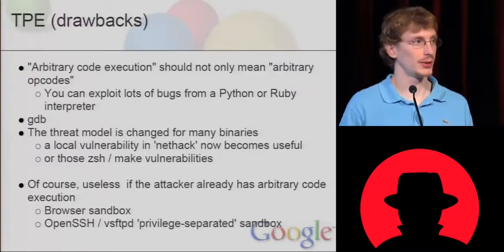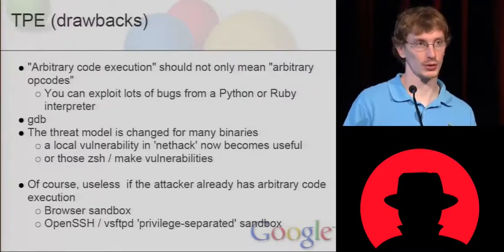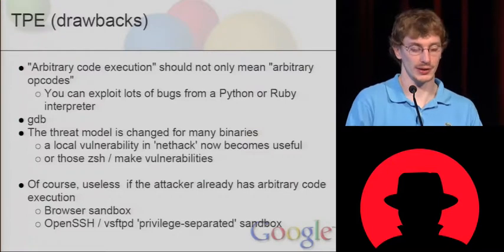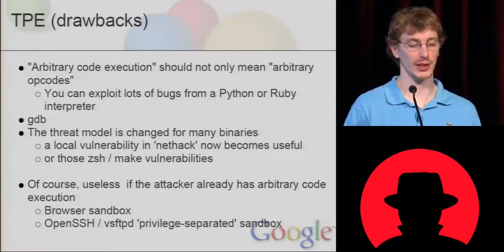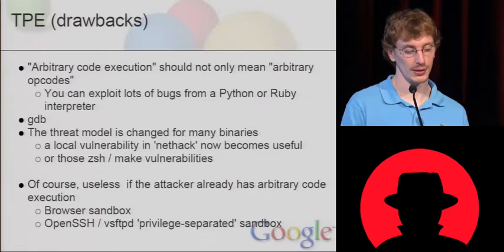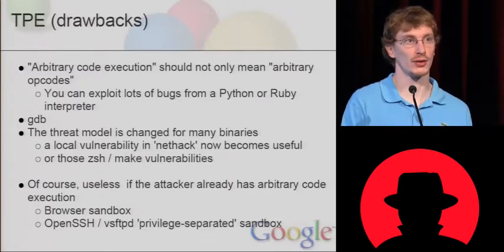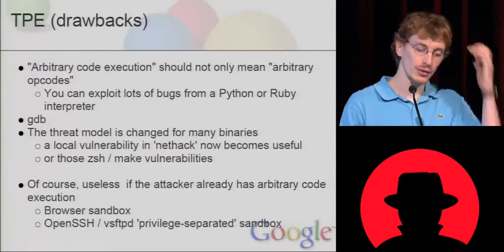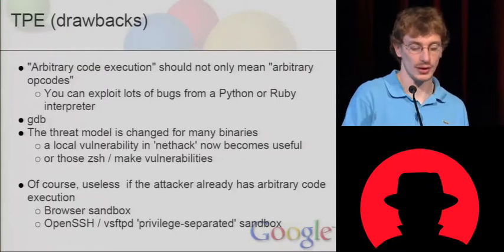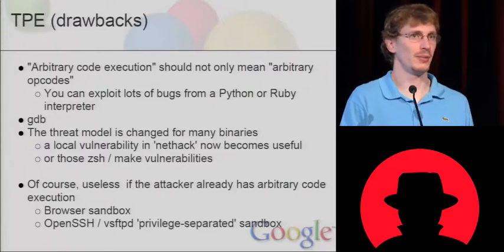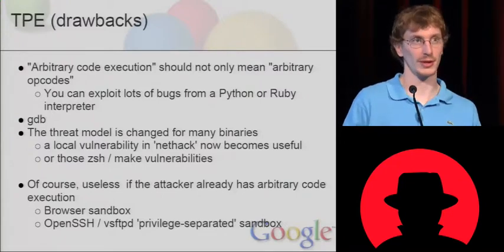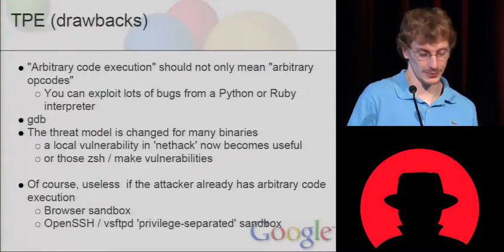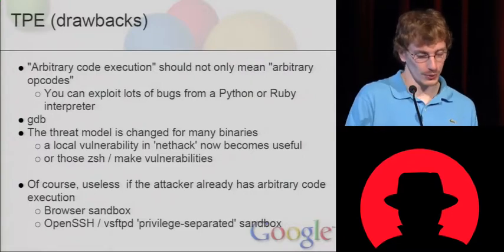Also, quite interesting, if you're trying to build a system with trusted path executables, the threat model is completely changed for many binaries. For instance, a local vulnerability in NetHack or Minesweeper on Windows would become useful, because it would allow you to run arbitrary code. And you've probably seen a few releases, such as vulnerabilities in make or vulnerabilities in ZSH, which didn't really make any sense. But in this very paradigm, they do make sense. So, of course,